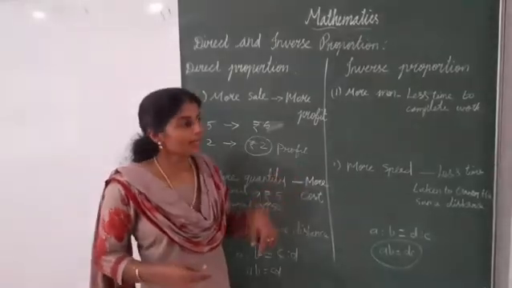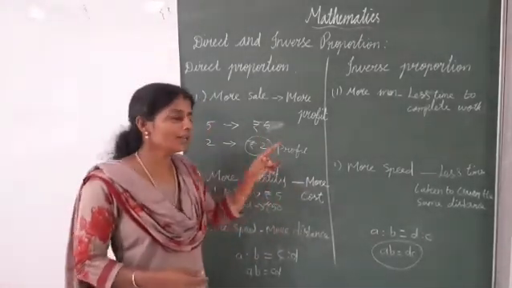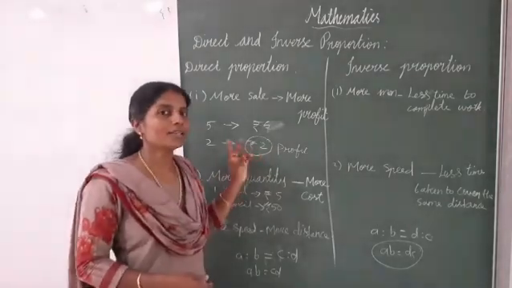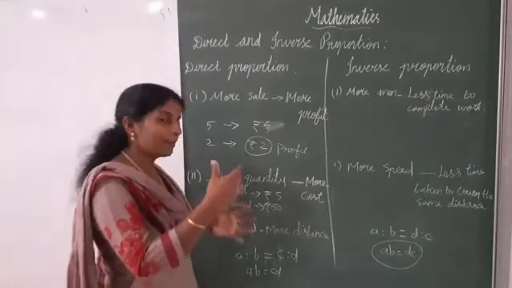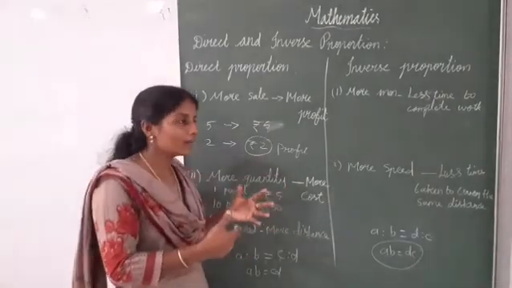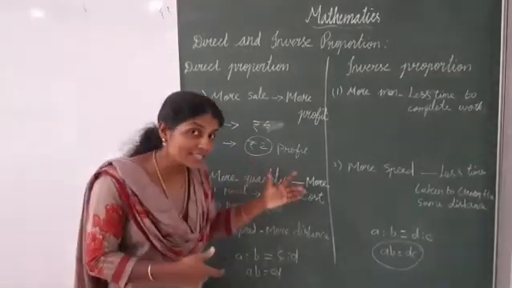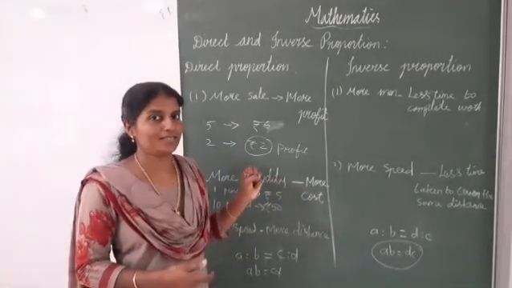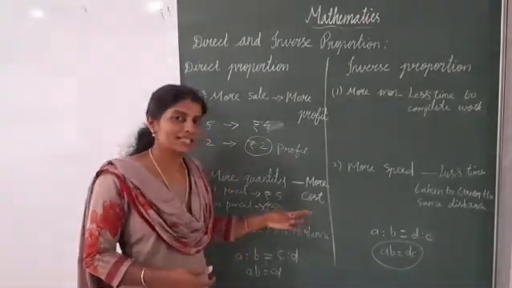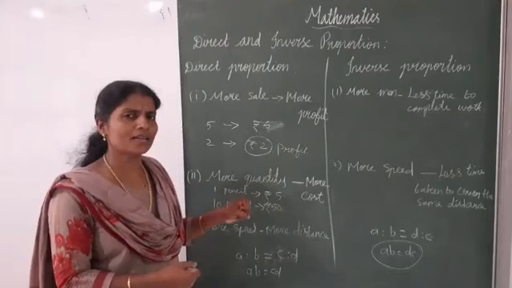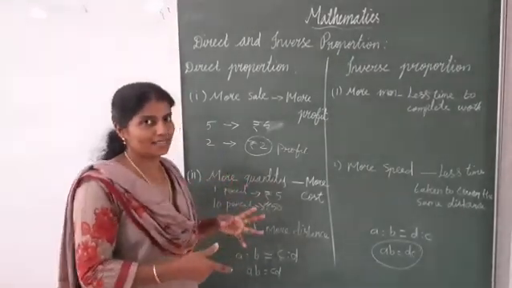If we go from this international school, from Naditheri to Karangal, if we go fast, within 3 minutes we can reach Karangal, isn't it? If your speed is less, you go slow, we will reach that same distance in 5 minutes, isn't it? More speed, more distance, isn't it? If we go fast, we can reach more distance.